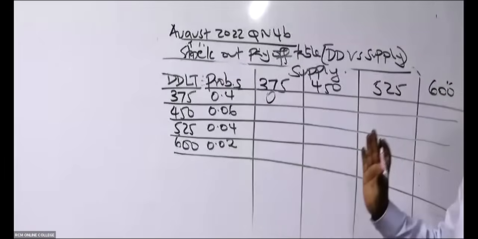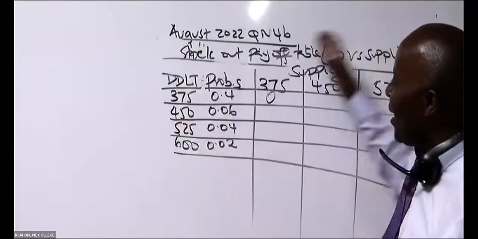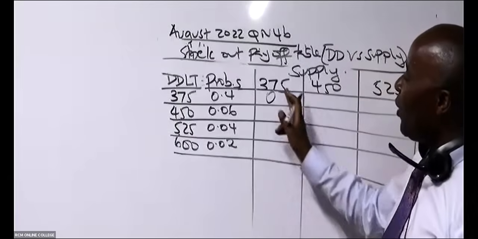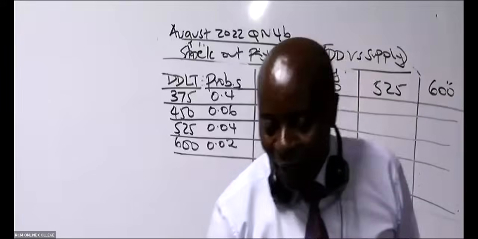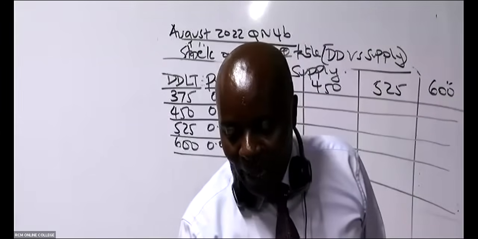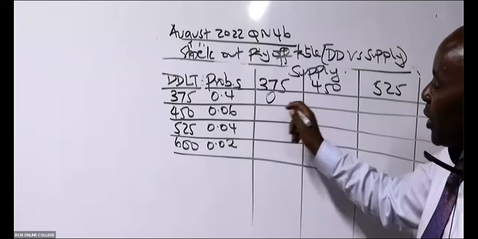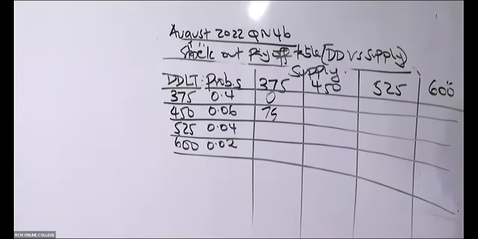Actually, the very best discovery I've done this time round is to interchange. Initially we used to do it this side. No. You run the race down, the column down. If we supply 375 and we have 450 demanding, so the difference you subtract, how much shall we disappoint? Remember, we are doing the stock outs. The disappointments, 75, I'm told.